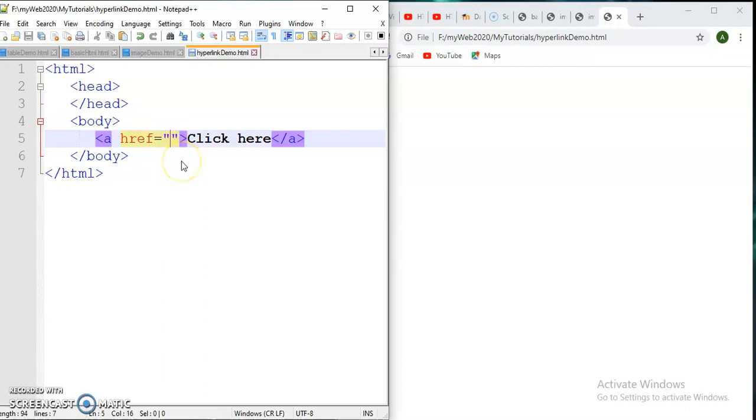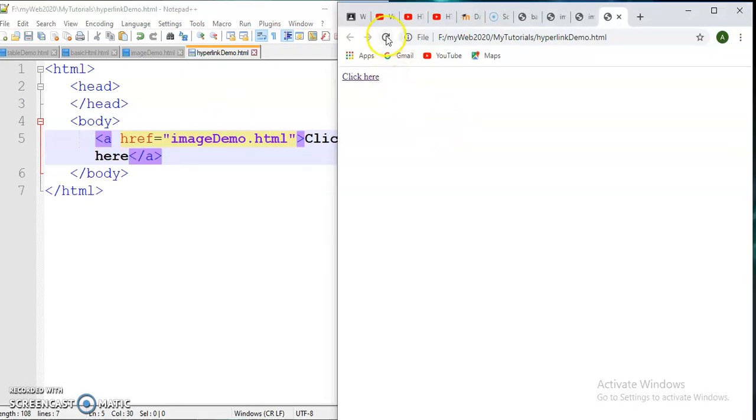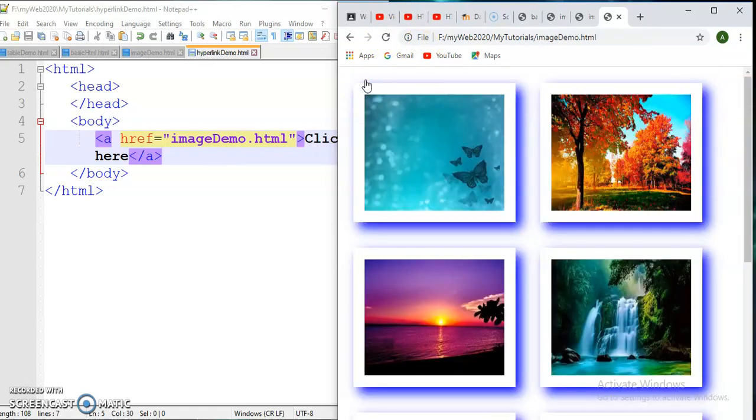because we are not giving the page name in this attribute href. So I am giving here my already created page, imagedemo.html, and then save and run the page again. Then when I click, the respective page will be opened here.